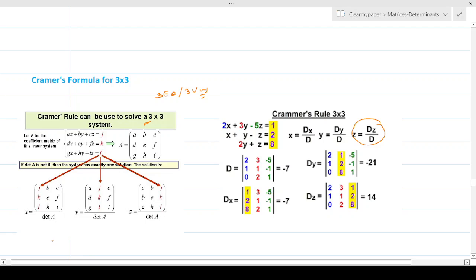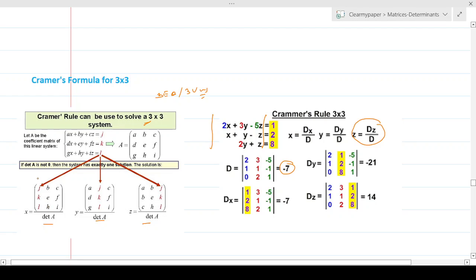And what they have done is the determinant at the denominator is going to be the same for all, which is nothing but you take this thing, include all the variables and form a 3 by 3 determinant and calculate the way we saw in the previous episode. This minus 7 will be common throughout all the denominators. And to find the x, y and z value, whatever variable you're trying to find the value for, replace the coefficient of that variable from the whole equations with the constant.